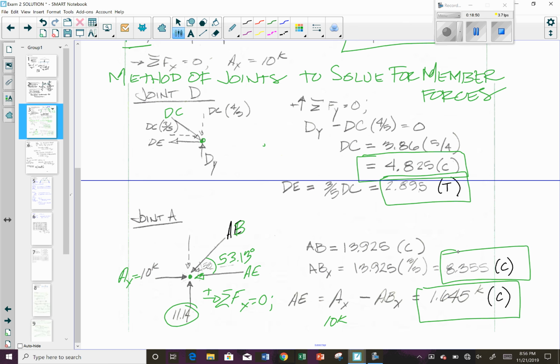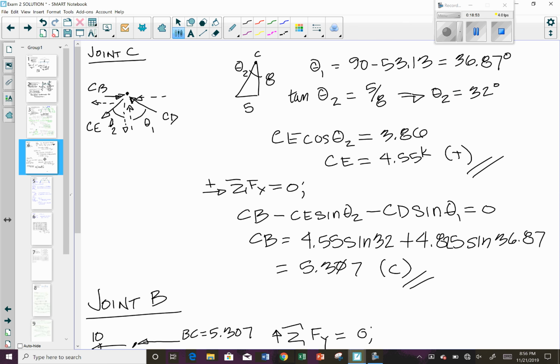Okay, let's see what's next. So the next one I did was joint C, just for fun, to jump over there. So joint C, here I've shown the angles, because we've got this triangle here. This triangle is 53.13, okay? This triangle, this one is only 5, which is what we're showing here. This one is 6 feet, but this is still 8,